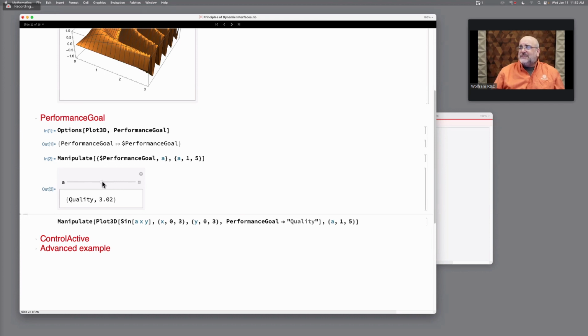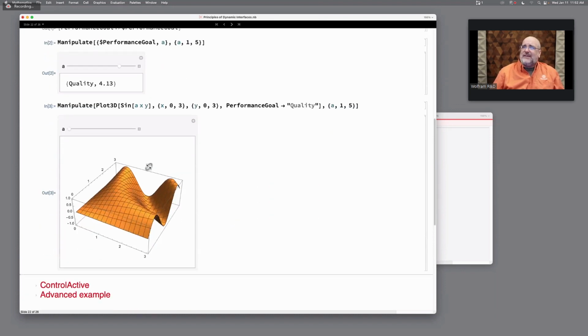The reason for this, and the reason this works in Manipulate, is that the default option for SynchronousUpdating in Manipulate is not True or False. It's Automatic. And in Manipulate, that means that while a control is being used, it's going to be providing synchronous updates, fast updates. And then when the control is released, it will provide one slow-running update on the asynchronous queue link. So, one can avoid this for Plot3D on very fast